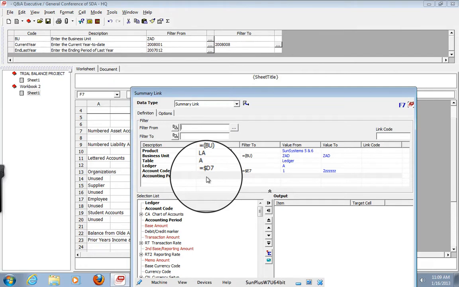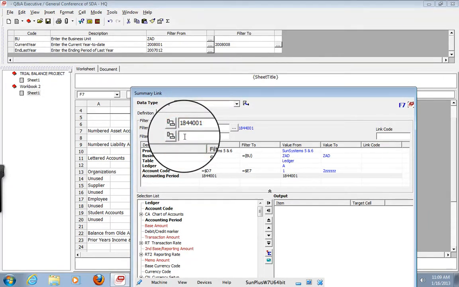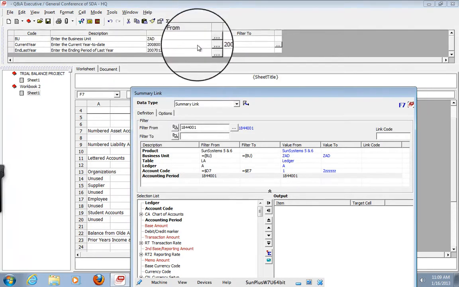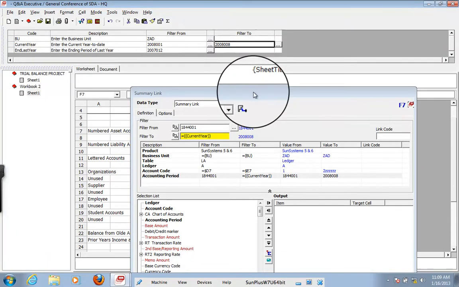So we want to pick up all of the transactions from the beginning. Okay, not the beginning of time, just the beginning of the Adventist church, from the beginning of the organization. And so we know that no Adventist organization was started prior to 1844. And if you're really, just relax. If you're too bothered by me using that, we just want a date that goes far enough back prior to the Sun implementation. And so we go, and then we're going to put in this date right here to capture our balance sheet